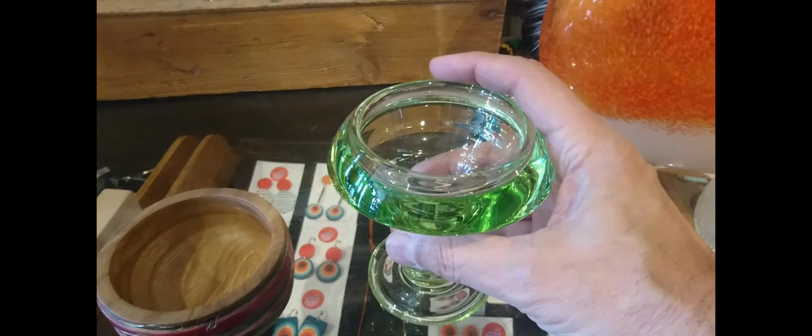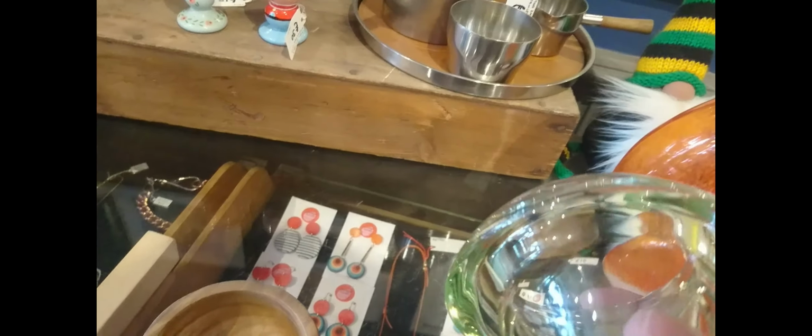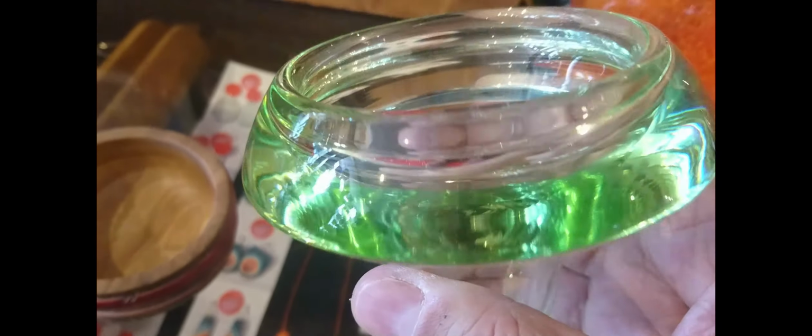So look at this weird thing here. This is new in. It's kind of like cased uranium glass because it looks like it's clear from some angles. I'm not sure if it is clear at all. It just...